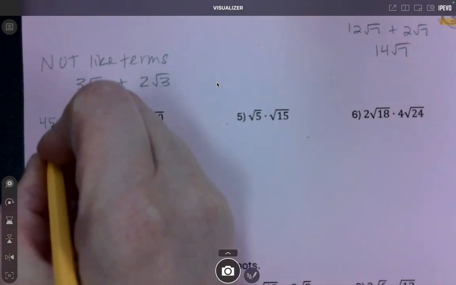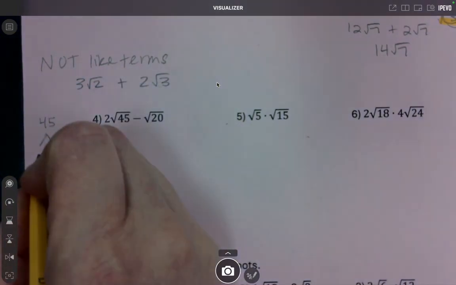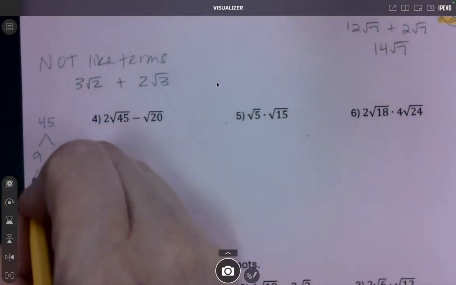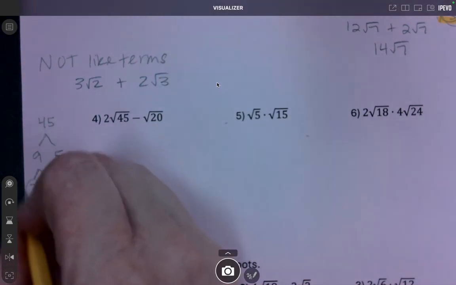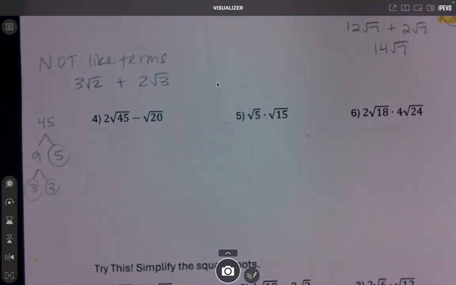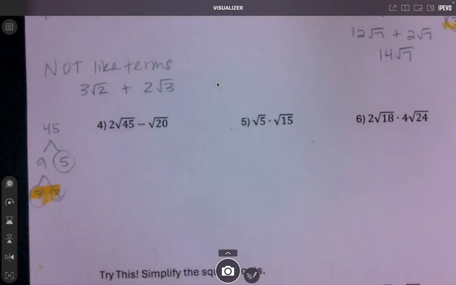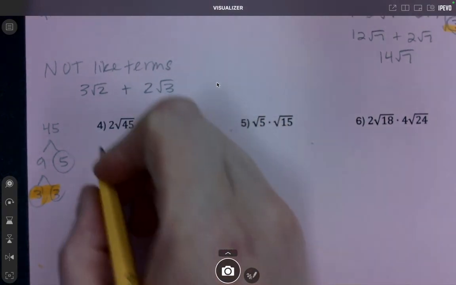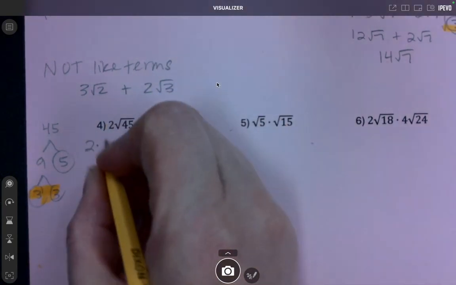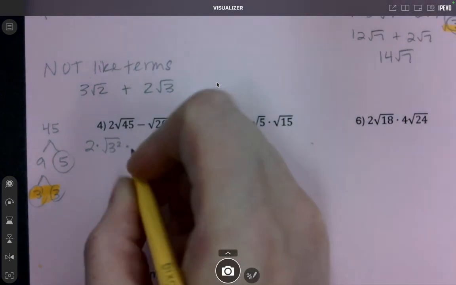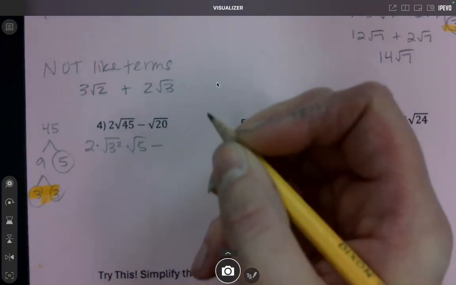So let's take the 45 over here. 45 is 9 times 5. 9 is 3 times 3. So we have a 3, and a 5. So there's our pair again. And remember, we're doing square roots of all of these because it is a square root of 45. So this makes 2 times square root of 3 squared times the square root of 5 minus, and then I'm